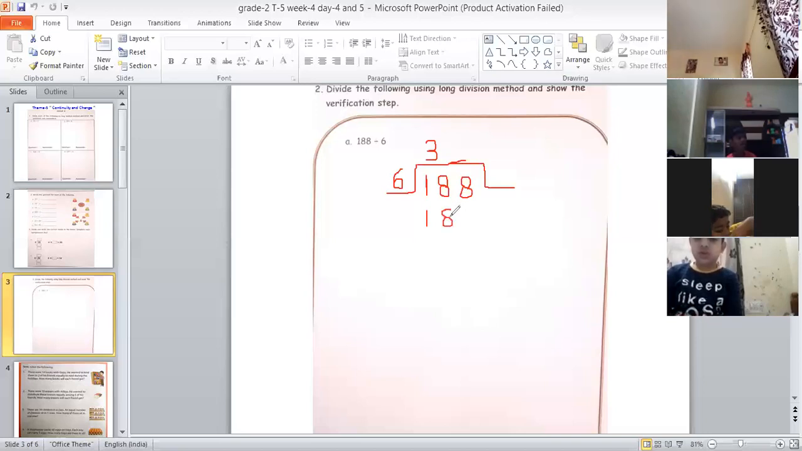Okay. Then we will put a minus symbol beside this 1, and then we will subtract these numbers. So 8 minus 8 is how much, children? 8 minus 8 is 0. So we will write 0 here, and 1 minus 1 is again 0. So we will write 0 here again. Now you can